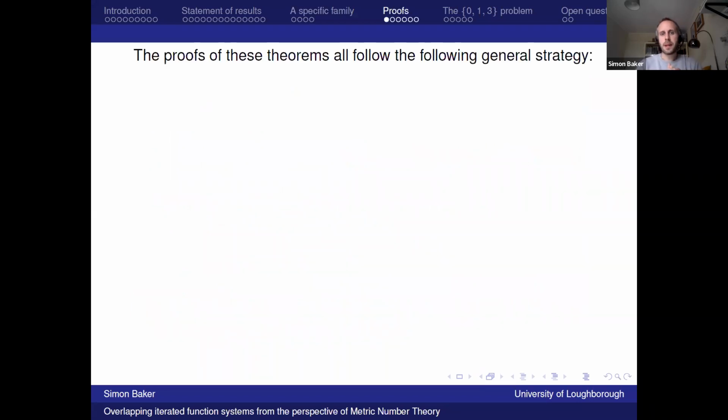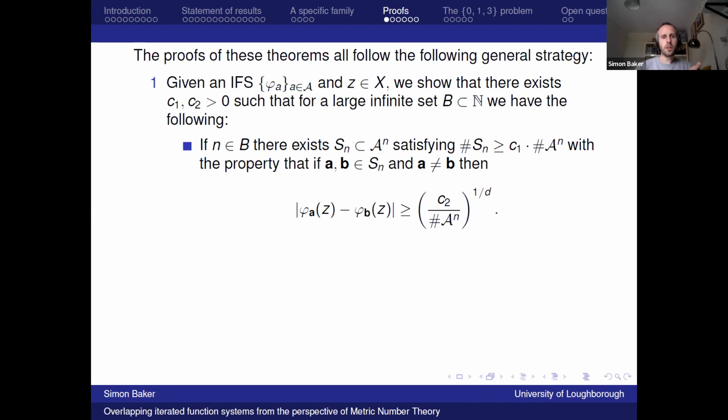Okay, so now I'm going to say a little bit about the proofs of these statements. They all roughly follow a similar strategy. The first step and the most crucial step is you fix your point Z, which is going to generate the points that you use to define your lim subset. And you want to show that there exist two constants, C1 and C2, and a large set B, for which you have the following. For any n in B, you're going to be able to find a large collection of the words of length n. By large, I mean their cardinality is comparable to the number of words of length n,